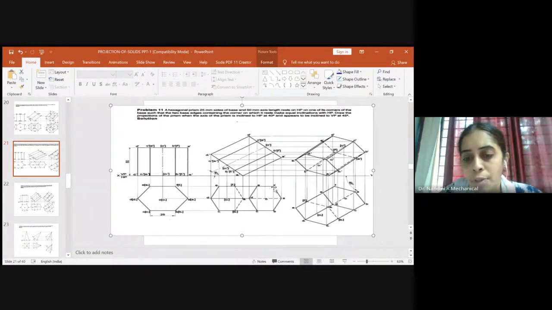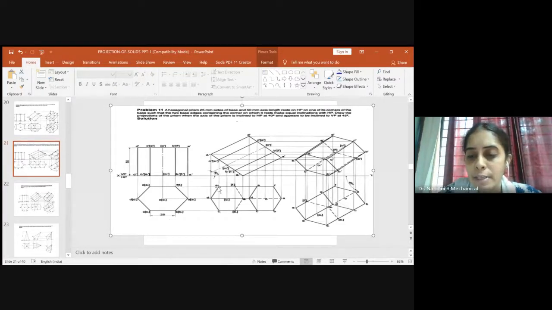What you do is, you know that EF and E1F1 are coming along the same line, and CB and C1B1 are coming along the same line. So you can easily extend the projection of the sides of the top surface. Extend the projection of the top surface down, parallel to the 45-degree line to the VP line. Once you extend the projections, measure this distance from E to E1 using the compass. Keep one end of the compass here and the other end over here.